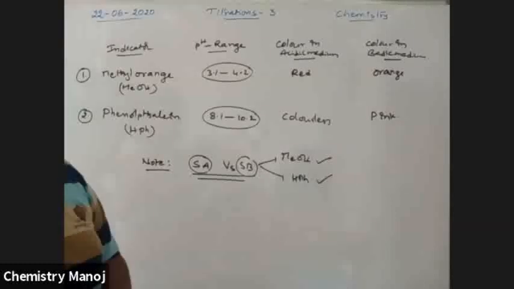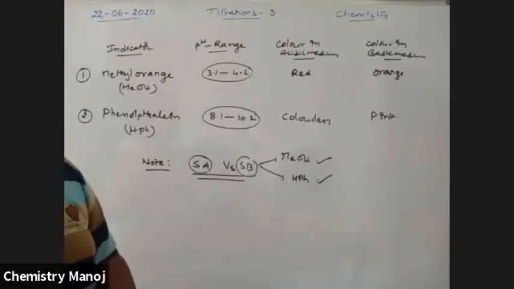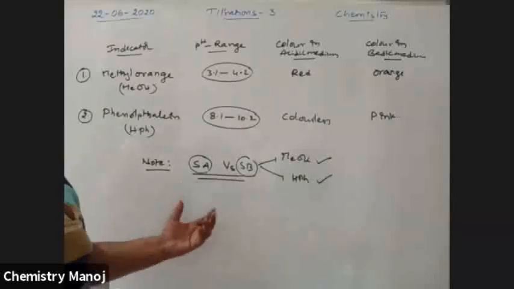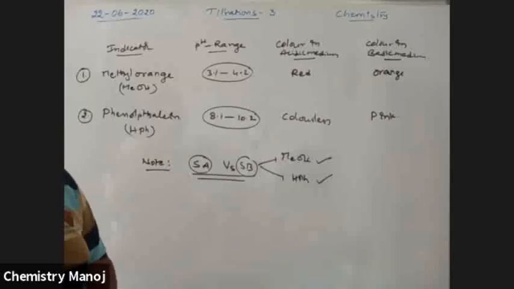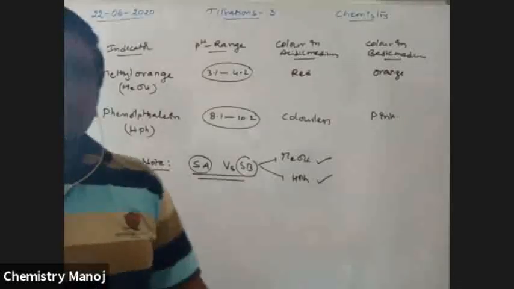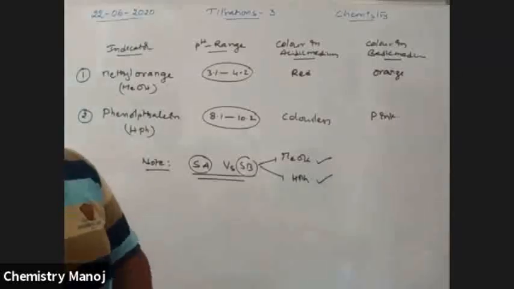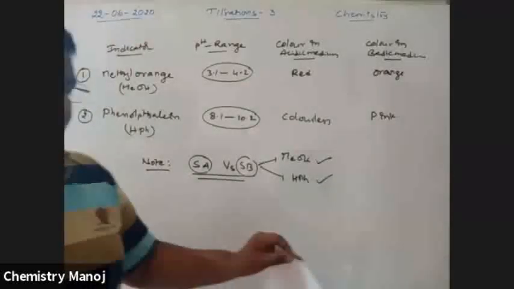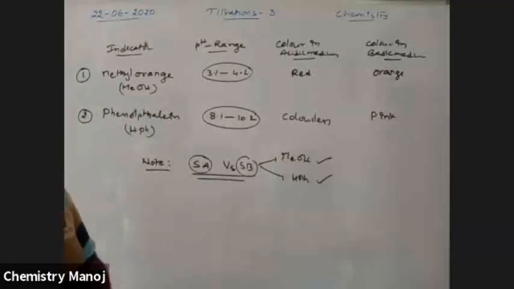So why do they give different colors? Because in aqueous solution, the indicator may be in undissociated form or dissociated form. Dissociated and undissociated forms of indicators have different colors. That is why they show different colors. So these are the points involved in indicators. Now we are going to take some problems based on these indicators. Is there any doubt up to this? Please give your response.